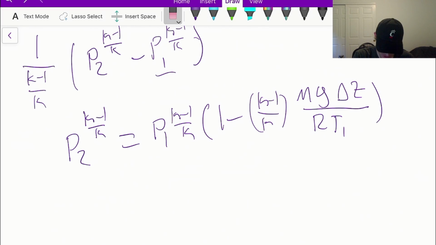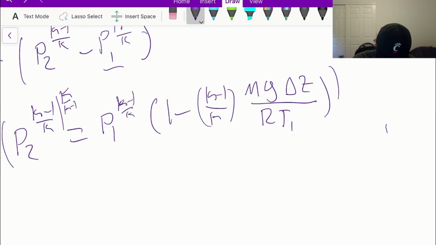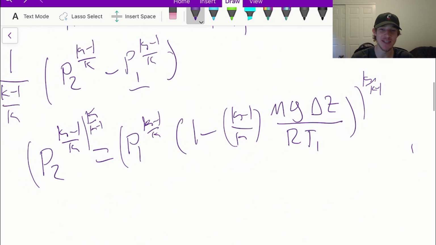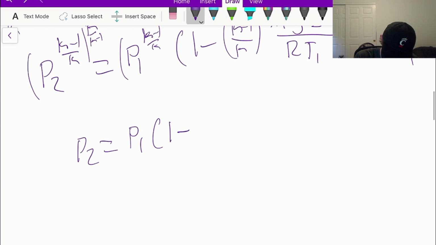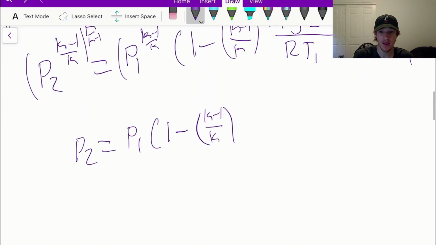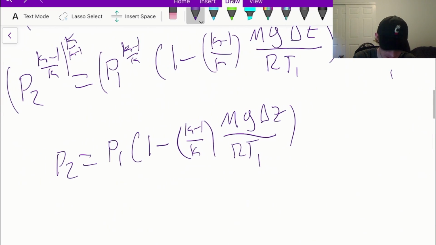And now this is an exponent right here. That was not clear. Let me fix that up. There we go. And now we want to take the reciprocal of this, K over K minus 1, and then move that onto the right-hand side as well. So once we do that, we are left with P2 by itself. P2 equals P1, our initial pressure, times 1 minus K minus 1 over K times the molar mass times gravity times the change in altitude over R T1. And that inside the parentheses is all going to be raised to the power of K